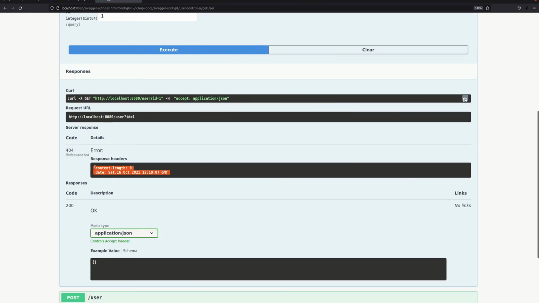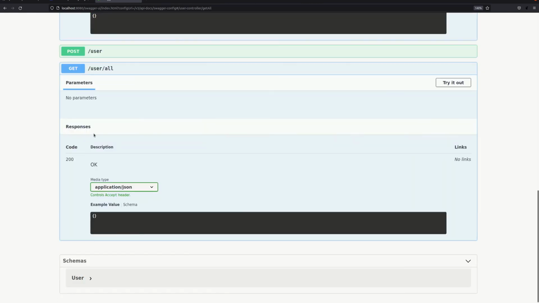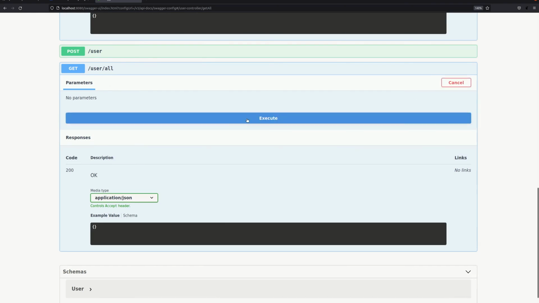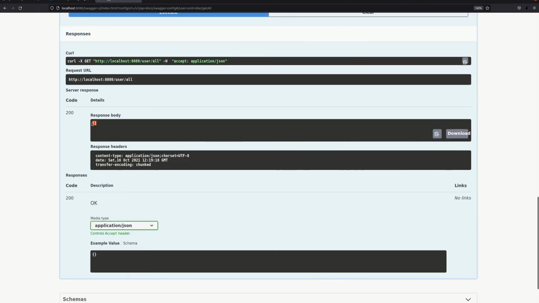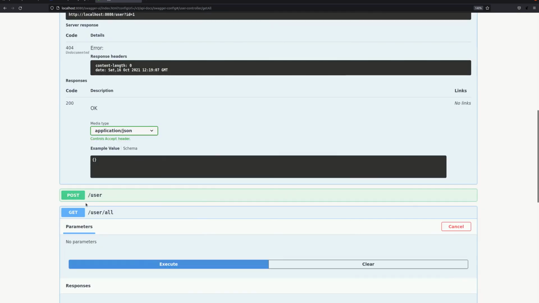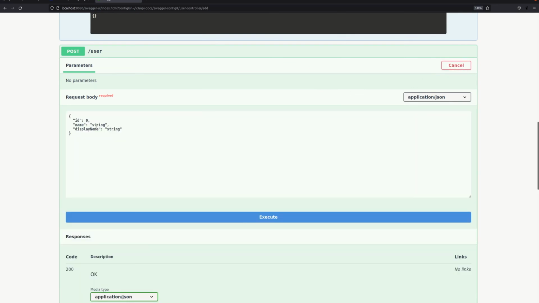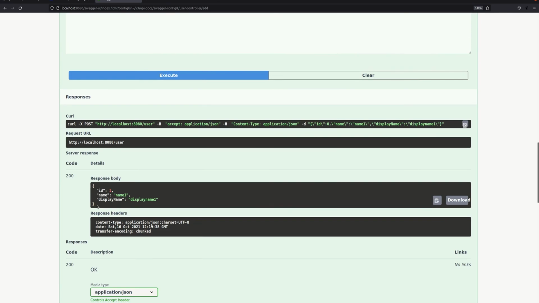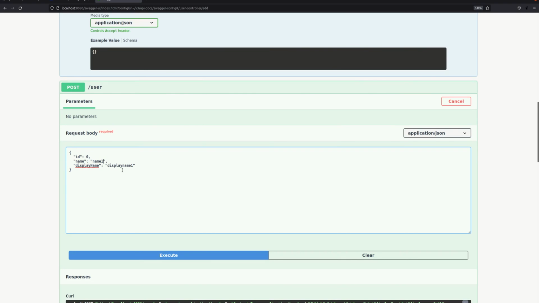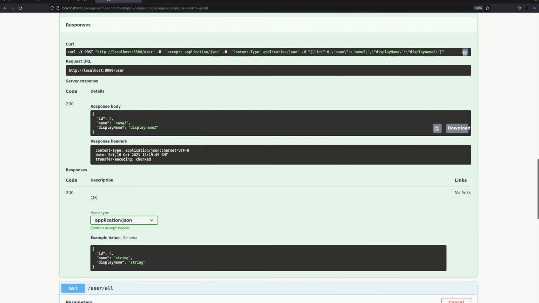So let's check what users are in the system currently. There are no users, so let's add one user with the post API. Say name 1 and display name, keep it simple, display name 1, and execute it, and you can see the ID is generated and the user is created. Let's add another user.